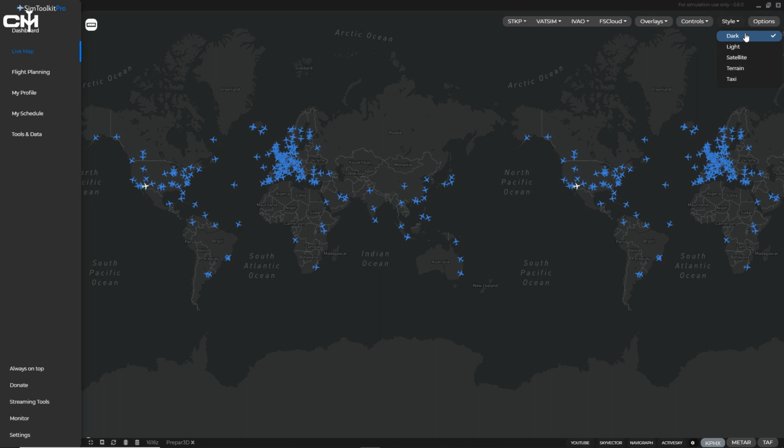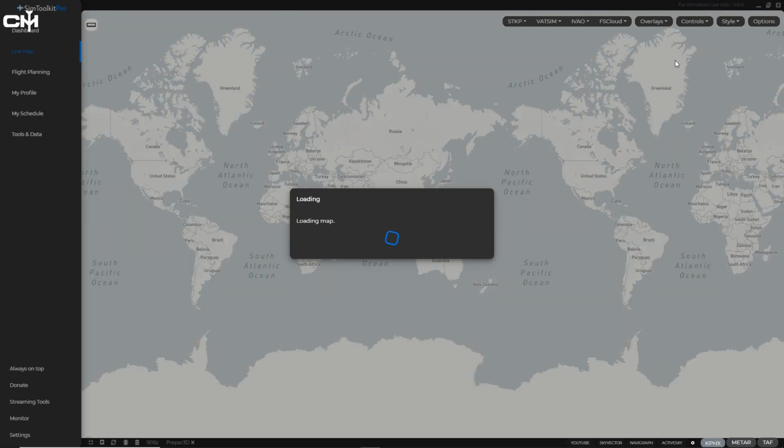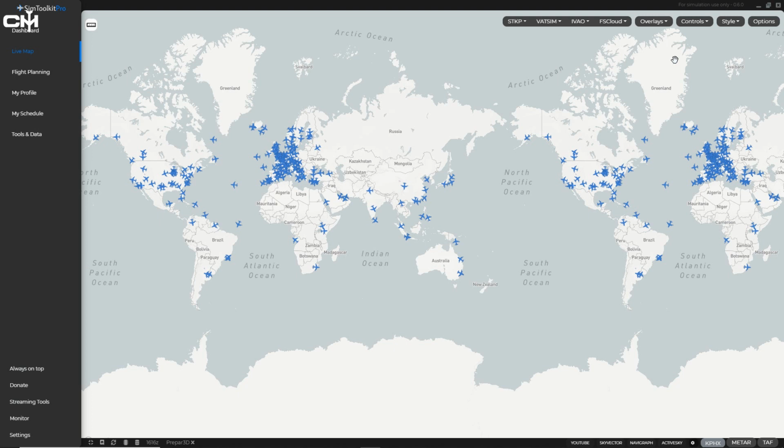I've got the dark theme on. I like that. It's not too bright on my eyes. However, there's a light theme. Look at that. Now I will say this, switching between these themes still causes this thing to crash occasionally. Occasionally. It doesn't do it all the time, but once again,